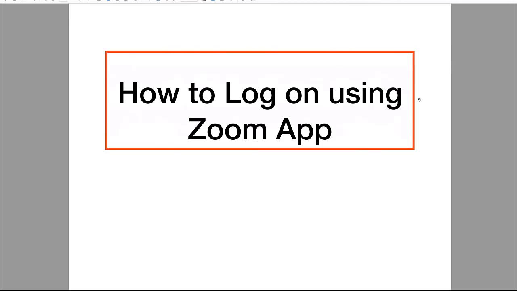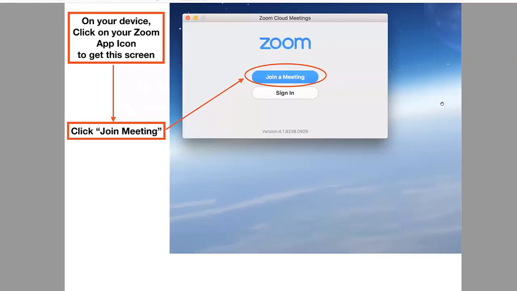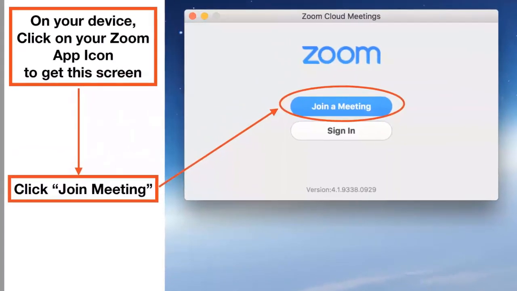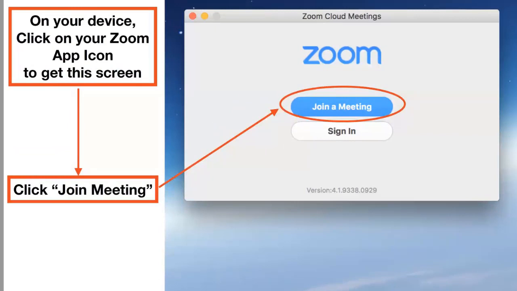And it's very important that you do log on properly with your correct IDs. So every day when you're going to log on, you need to go to the device you're going to be using, and click on the Zoom icon that you'll have on there. Once you've clicked on it, you'll come up with this screen that you can see a screenshot of here, okay? On the screen, you will see a couple of options: join meeting, sign in. What you need to do is join a meeting. Click on join a meeting.